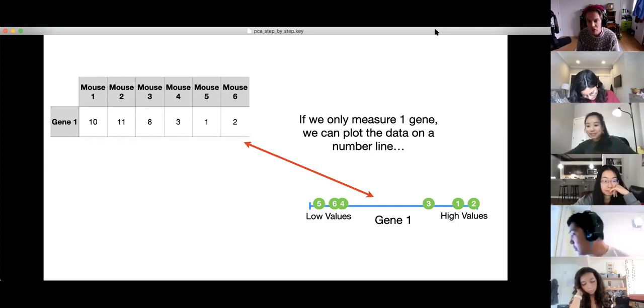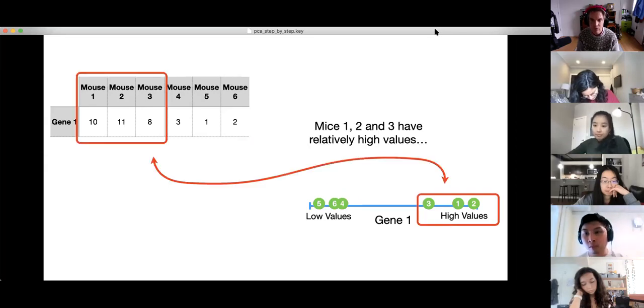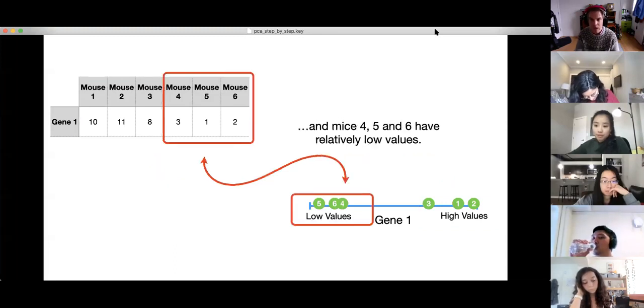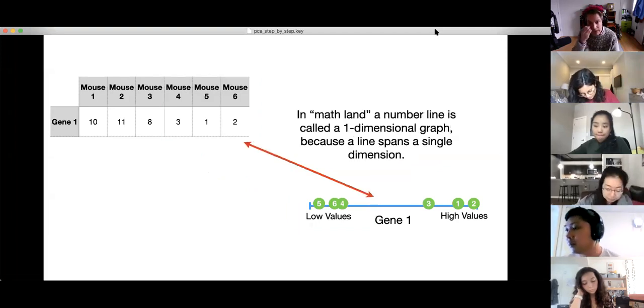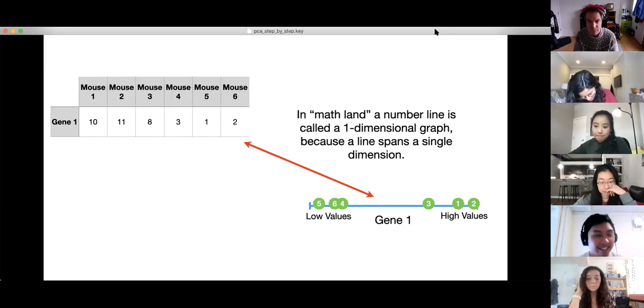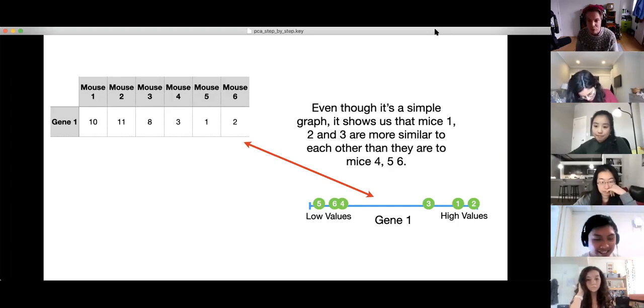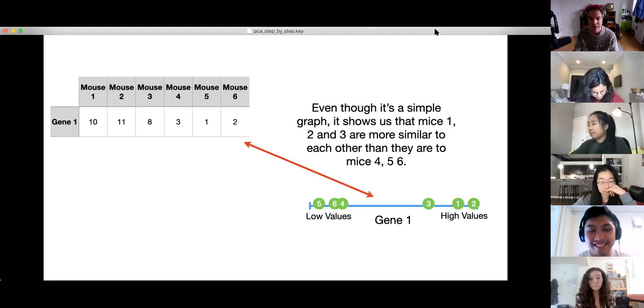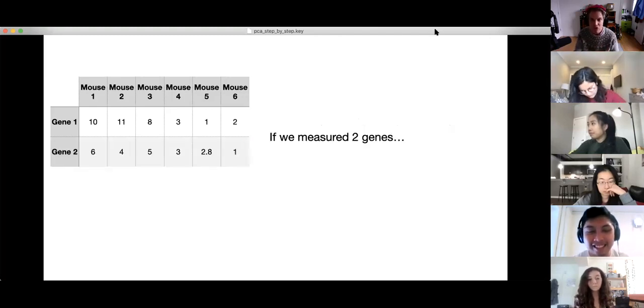If we only measure one gene, we can plot the data on a number line. Mice 1, 2, and 3 have relatively high values, and mice 4, 5, and 6 have relatively low values. In math land, a number line is called a one-dimensional graph because a line spans a single dimension. Even though it's a simple graph and it shows us that mice 1, 2, and 3 are most similar to each other than they are to mice 4, 5, and 6, if we measured 2 genes,